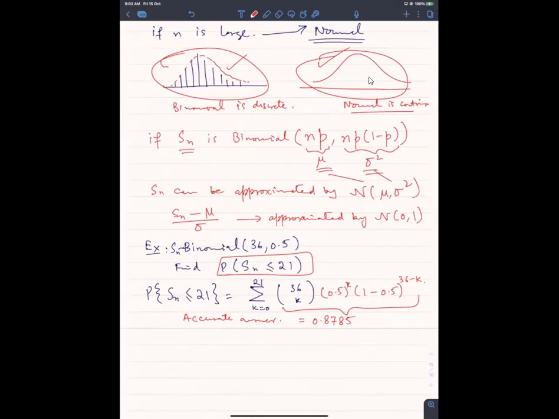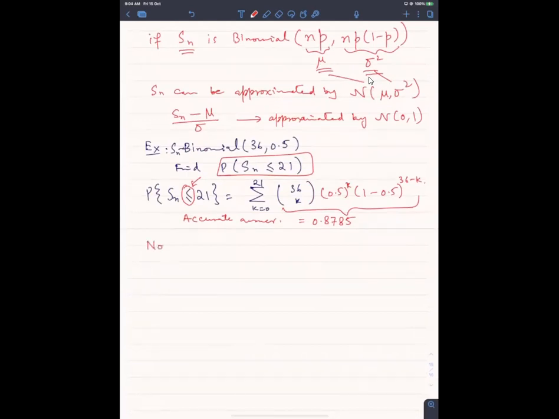By the way, binomial is discrete, so it makes a difference whether you have less than or equal to, or less than. In the continuous case we saw it made no difference, but in the discrete case it does. So if we do a normal approximation, consider a normal with the same mean and the same variance, and try to find the probability Sn, let's call it Sn, less than or equal to 21. This would be equal to phi of